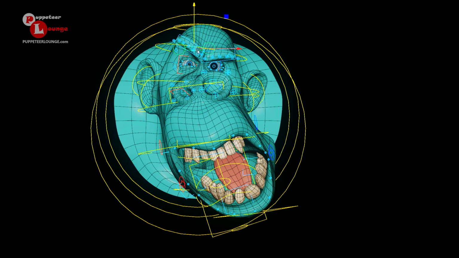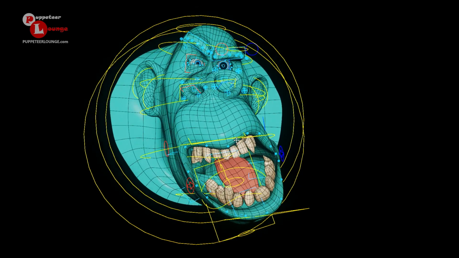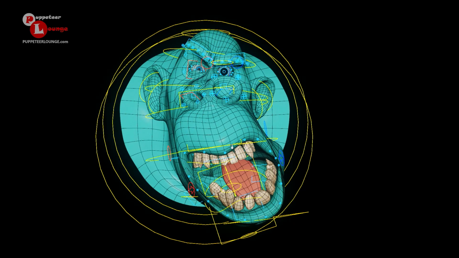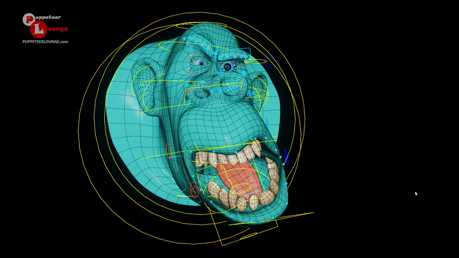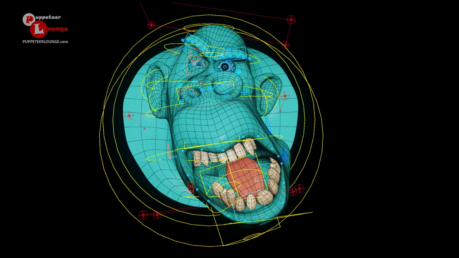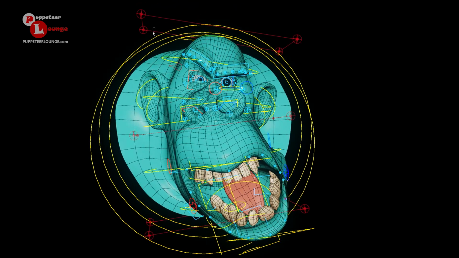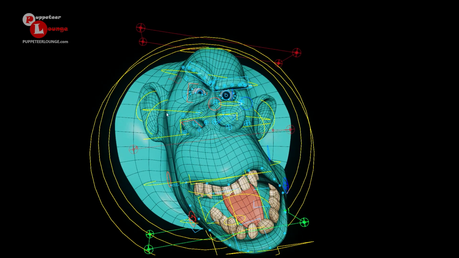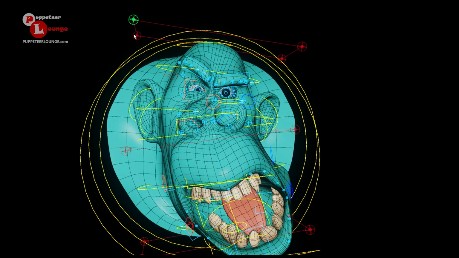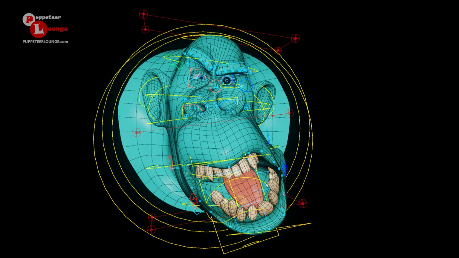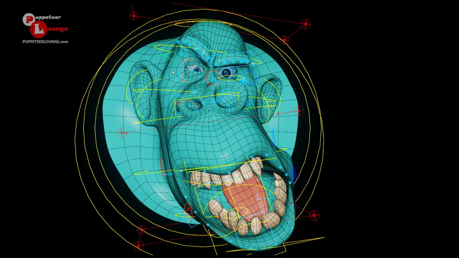Alright. Now lastly, the cartoon facial rig needs an essential element, and that's the ability for smearing and distortion. So here we have the smear controls, which are going to give us that ability. You can see we have three individual master controls for the smearing, and then we also have individual smear controls, not just for the entire head, but for the brow geometry as well, and the brow and the eye section.